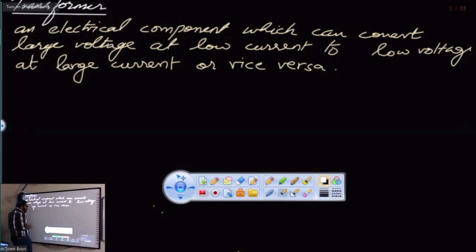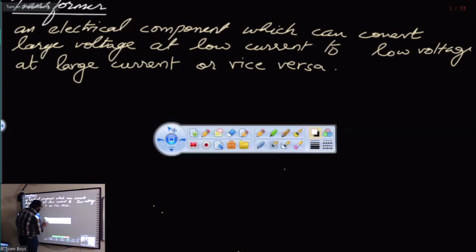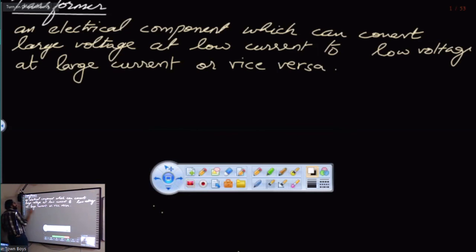So now I'm going to write just the types. Next class we are going to study the formula that we are going to apply in a transformer and why we are using a step up transformer. So that's a part which is related to the next class. Two types. Number one is,